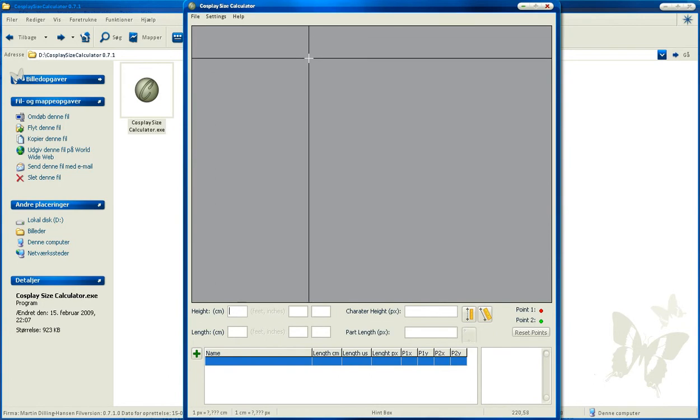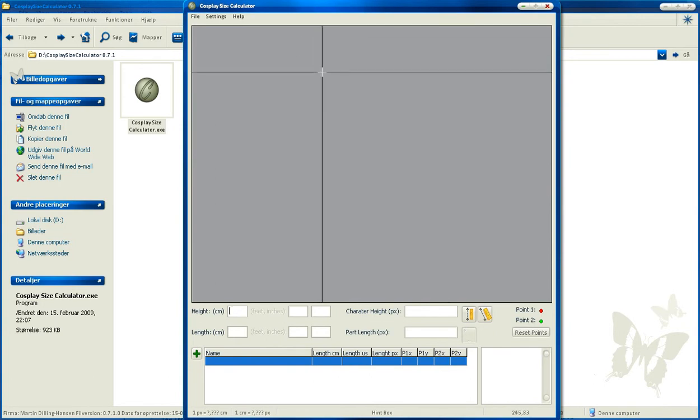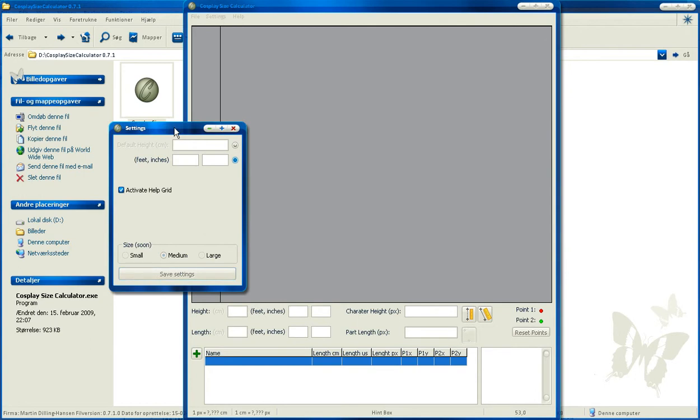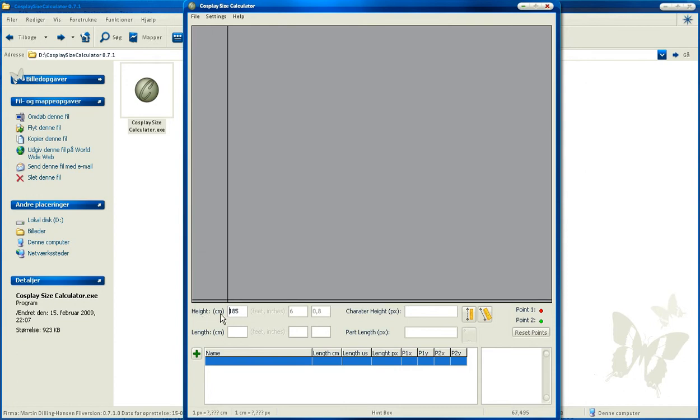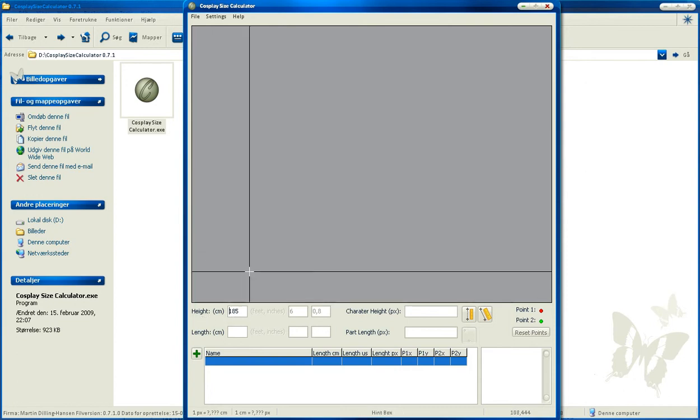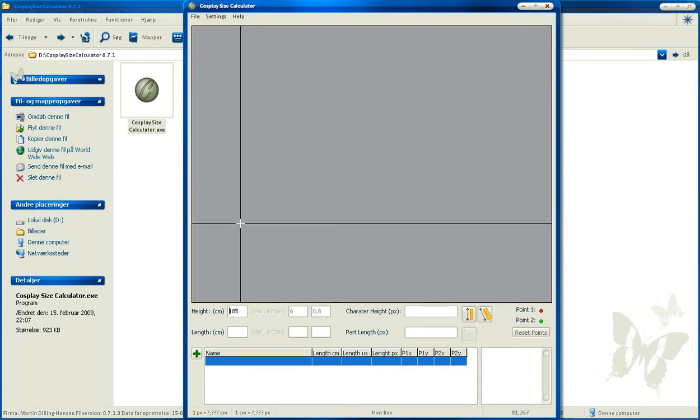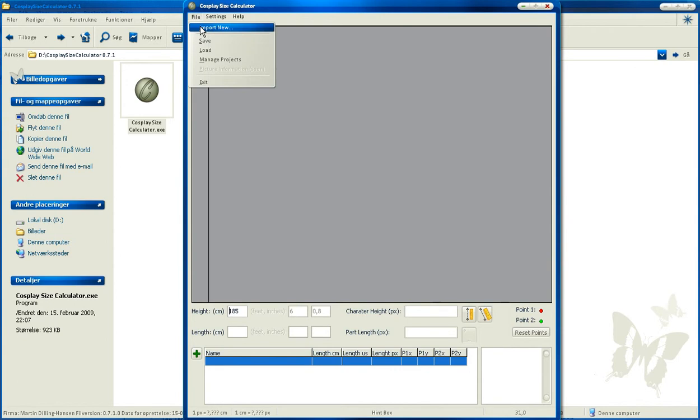Here it is. And then we will start by choosing our default height under settings, and I'm going to set mine to centimeters, and here we go, and save settings. Now you can see your height will stand down here, so you can always see it and change it if you want to. And then we're going to load the picture and file, import new,